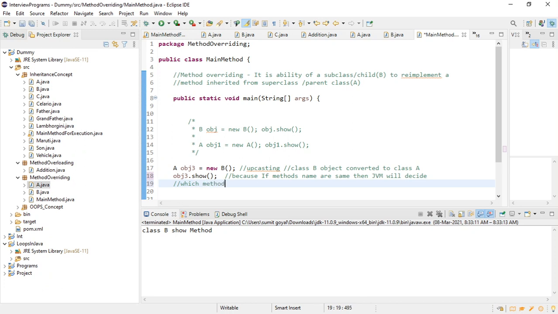Earlier, if you remember in method overloading, who was deciding that? It is decided by the compiler. Here the Java virtual machine will decide which method to call